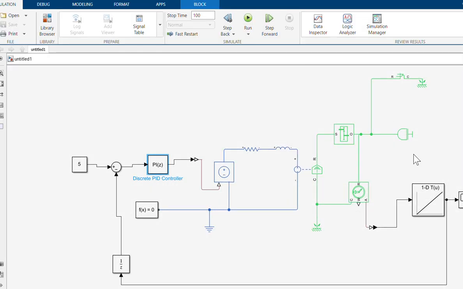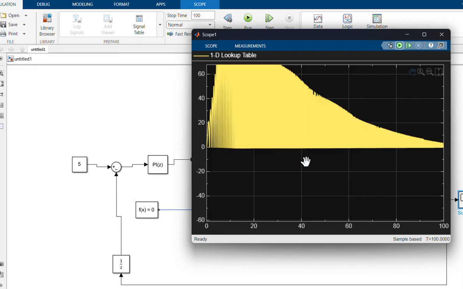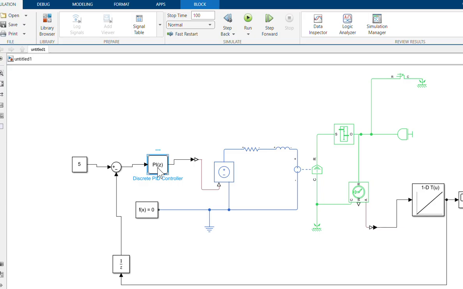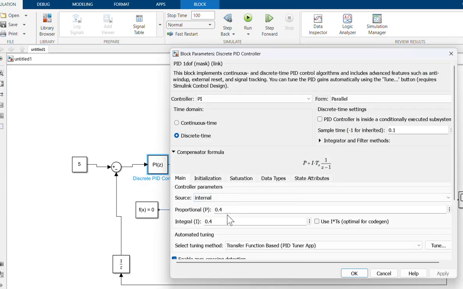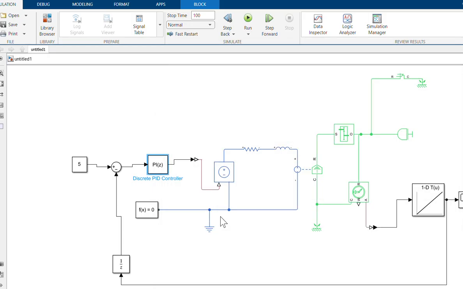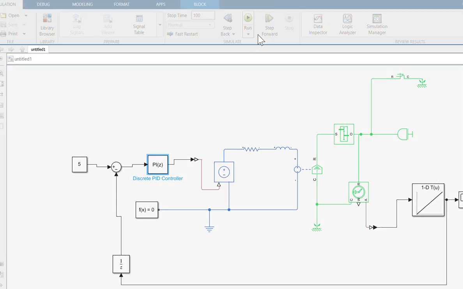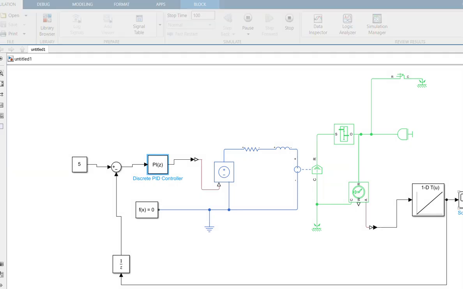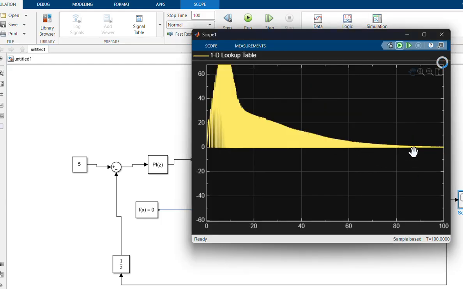Okay, run. Again. Oh, 0.51. Run. It goes to the 0 again.